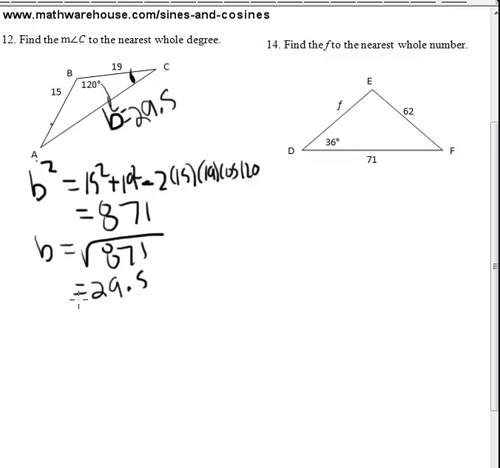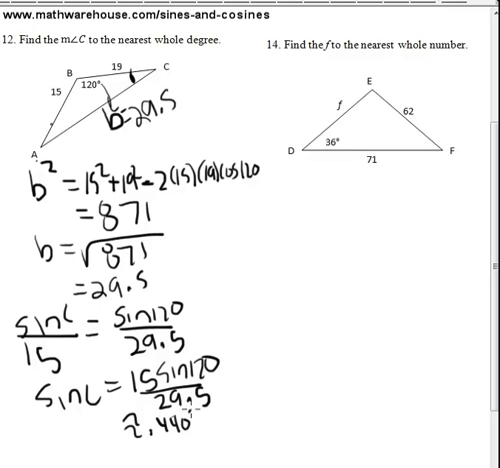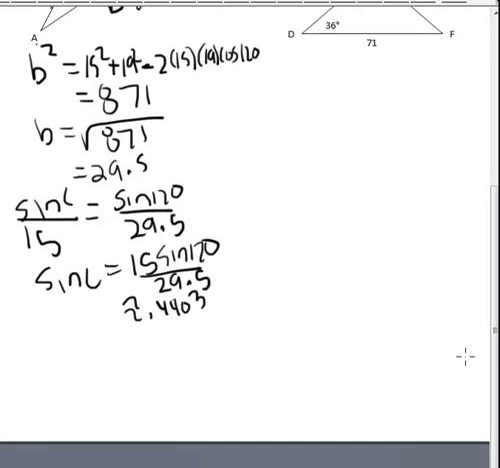And now we can use the law of sines. We can say that sine of C that we're trying to find over C, 15, equals sine of B, or the sine of 120, over 29.5. And then it's just a question of cross multiplying first. 15 times the sine of 120 over 29.5. When you punch that into your calculator, you will get approximately 0.4403. And then if you take the sine inverse of 0.4403,